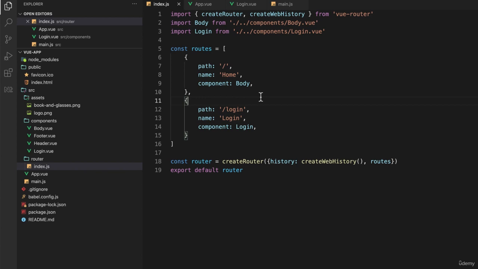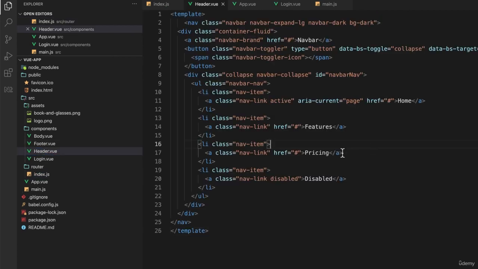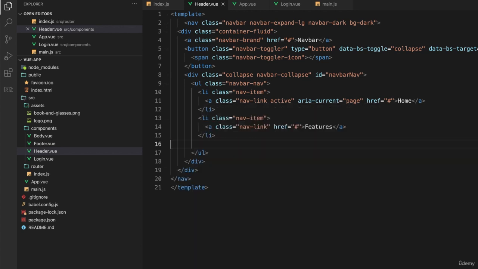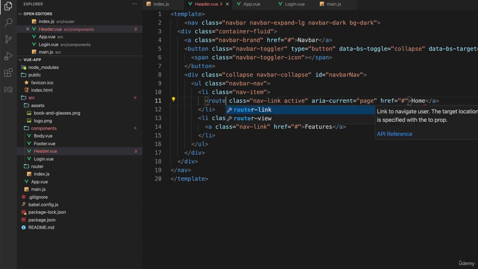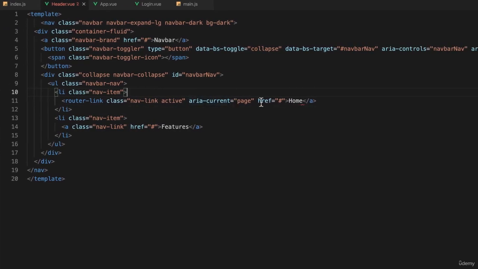So that's now there, but we actually need to modify our header file. So let's find our header component, and let's make some changes to this. So the first thing I'll do is I'll get rid of the disabled and pricing LIs. So these last two LI entries, I'm going to delete those entirely. And I'm going to modify the first LI, the link to the home page. Instead of using an A tag, which you're probably really familiar with, we're going to use a router-link tag. I'll leave the class there, and I'll leave the area there, and I'll change the href to be instead a